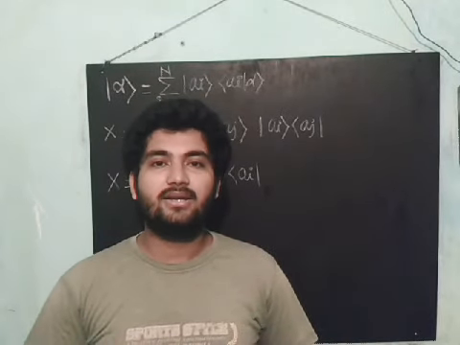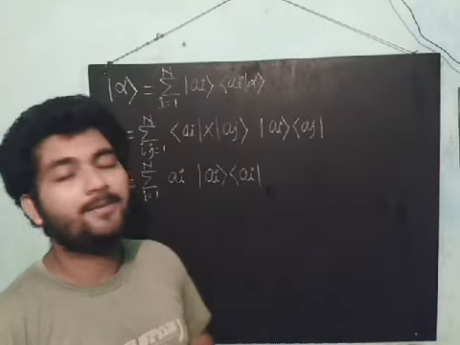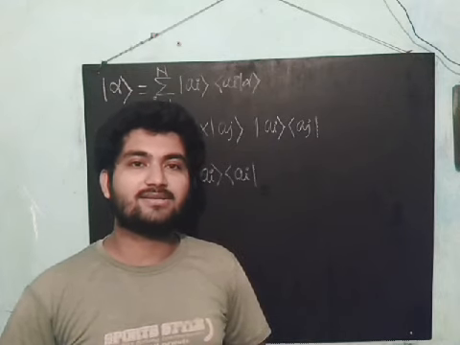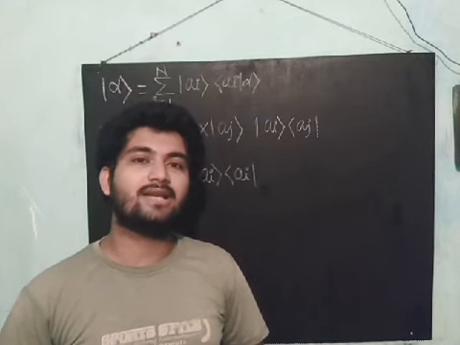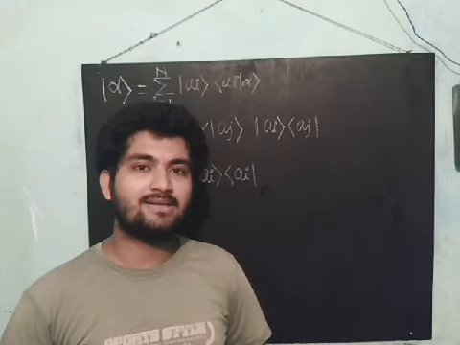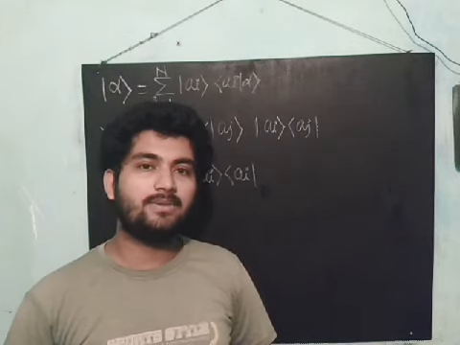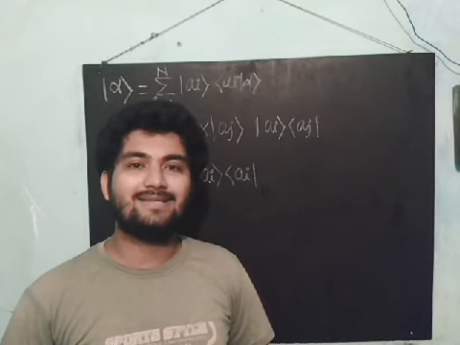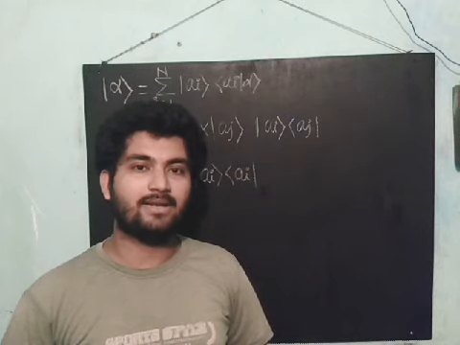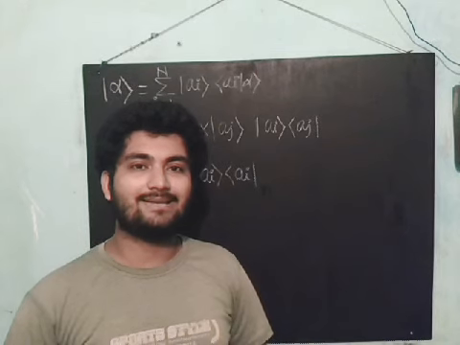Hi, in my previous video I derived some formulas which I have written here. Today I am going to establish the matrix for Sx, that is the x component of spin, the Sx operator, and the Sy operator and their eigenstates. In my previous video I established the matrix for Sz and the basis plus minus, and S plus and S minus. So now I am going to establish the matrix for Sx and Sy.